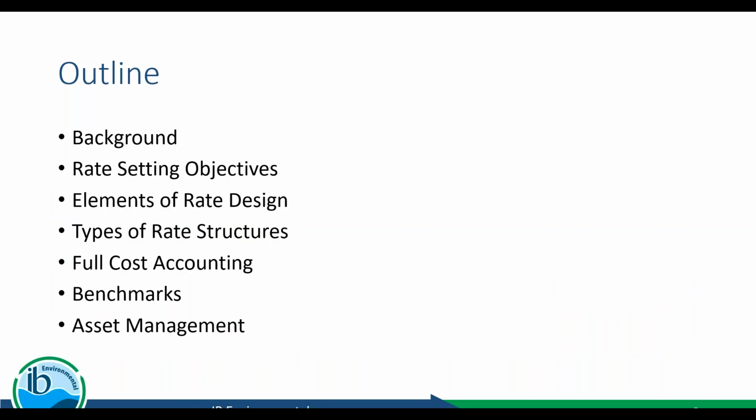So in terms of an outline, this is what we hope to cover today. We want to give you some background on rate setting in general. We want to look at objectives when a group or an entity is doing rate setting. We'll talk about what we call the elements of rate design, so the different components that come together to create a rate structure for water. We'll also talk about the different types of rate structures and the pros and cons, or sort of the goals of each type. We'll look very quickly at full cost accounting, benchmarks, and asset management, mainly just so that you're